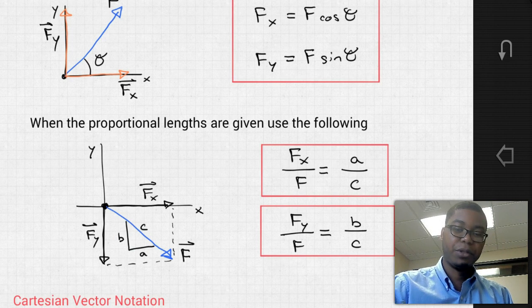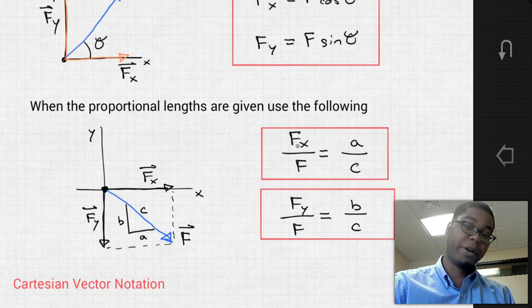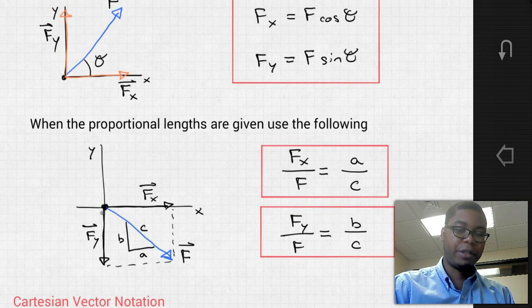We can decompose this force vector F into magnitudes Fx and Fy, by using a proportional lengths method, where the magnitude Fx divided by the force vector's magnitude is equal to A over C, where A is along the same direction as Fx. So you have Fx and you have A. The second equation, Fy over F, is equal to B over C, where B is in the same direction as